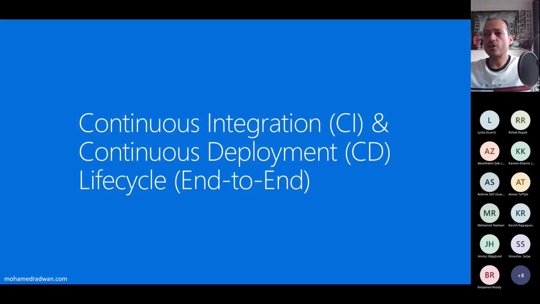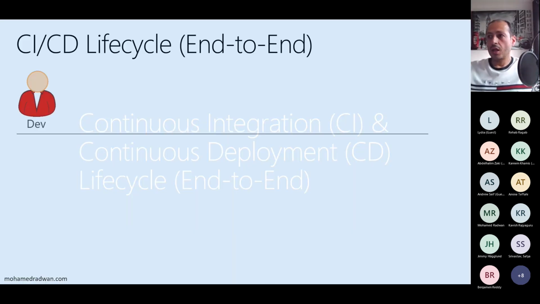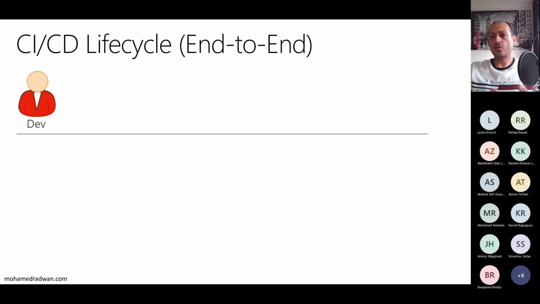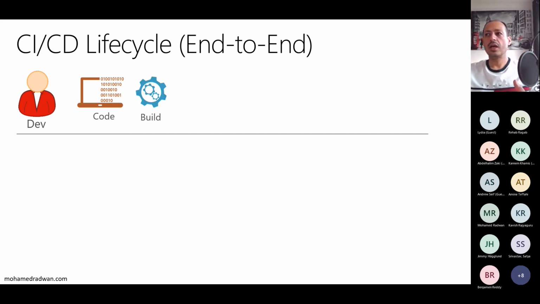Let's talk about the continuous integration and continuous deployment lifecycle end-to-end. Usually the lifecycle starts with the developer writing code. Of course, there is planning before writing code, but I will ignore the planning part now, because I want to keep it a little simpler than the entire development lifecycle. So again, the developer starts by writing some code and managing that through version control,